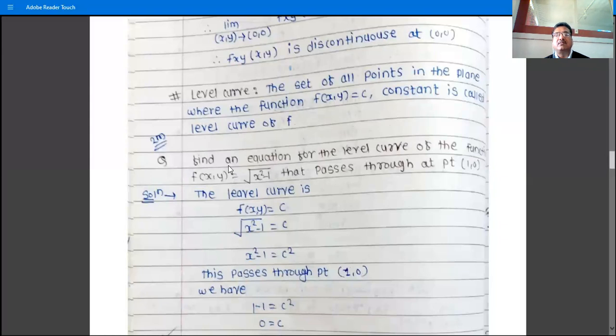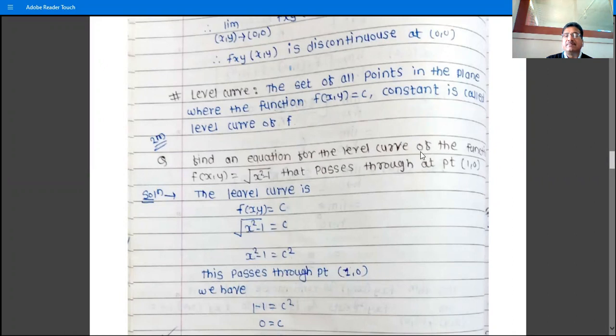So, a question for 2 marks: find an equation for the level curve of the function f(x,y) = root of (x square minus 1) that passes through the point (1, 0). So level curve is what? f(x,y) is equal to constant. Just remember that the level curve is the function equal to constant, so root x square minus 1 is equal to c, and taking the square of both sides, x square minus